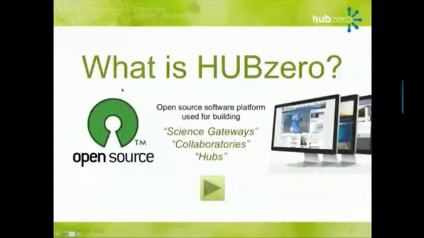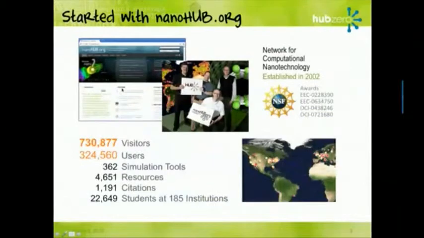Now, I want to focus in and tell you a little bit more. You guys like data, so I want to show you some of the data that we've collected on some of this. The biggest and the oldest hub is nanoHUB. This whole project started with nanoHUB back in 2002, just to help nanotechnology people share data and tools the way I showed you. nanoHUB now gets 700,000 visitors every year. About 300,000 of them stick around and routinely use the site, so that's our core audience of 300,000 users.